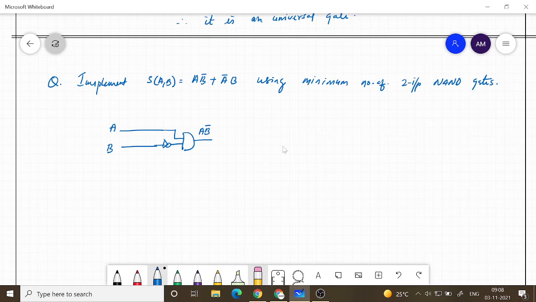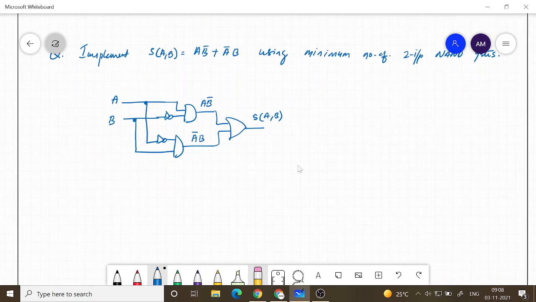And then I have B, and then I require A bar. That also will give me A bar B. So then I need to just add these two or pass it through an OR gate. So that will give me S of A comma B. So this is how we implement.